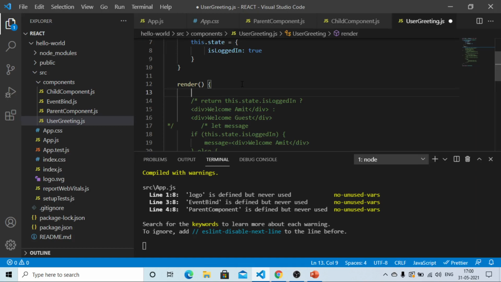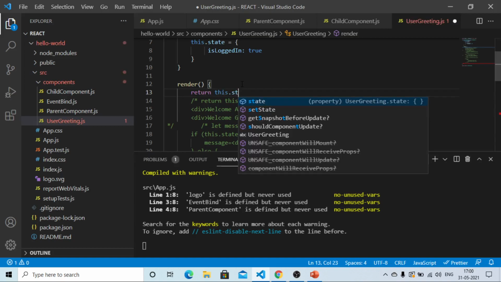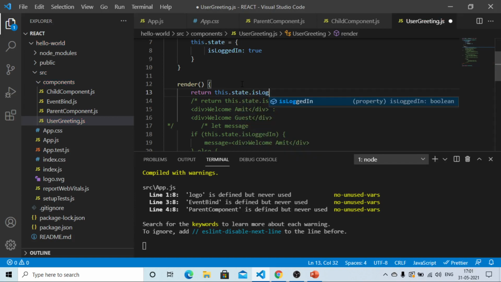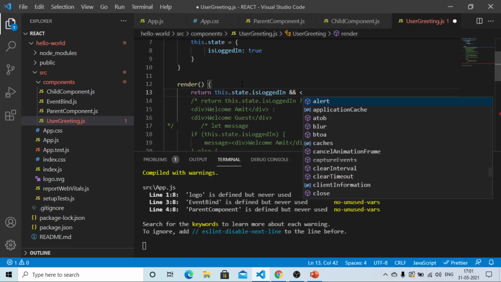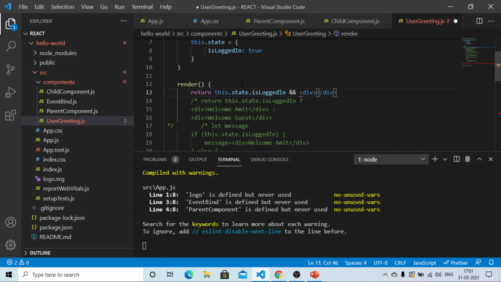So how to use this? We'll be using again the return statement, return this.state.isLoggedIn ampersand ampersand div tag, and here welcome Amit.